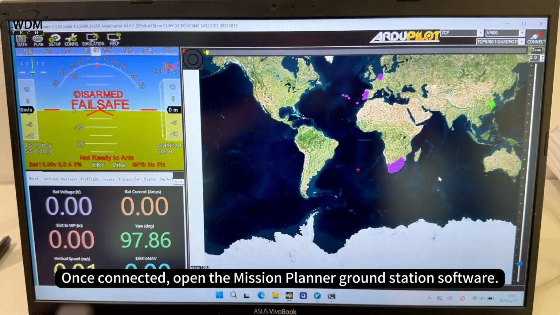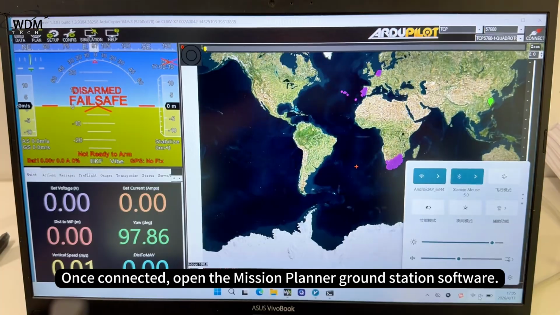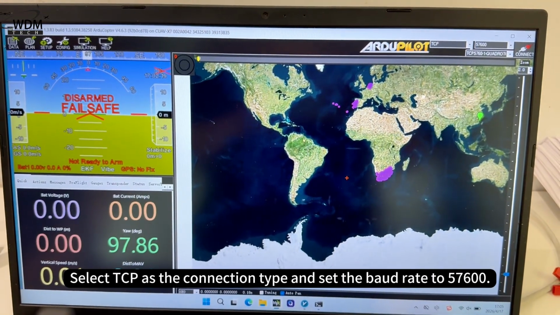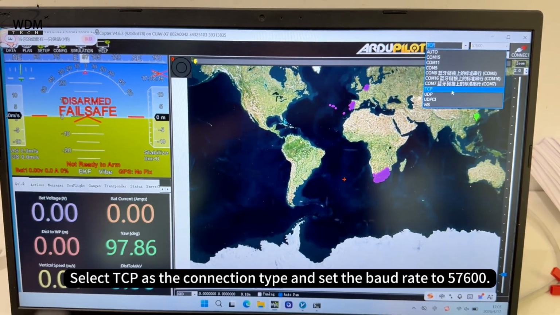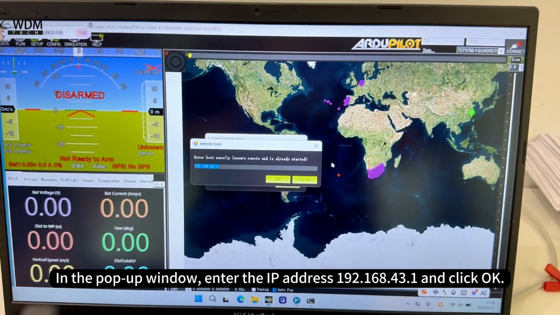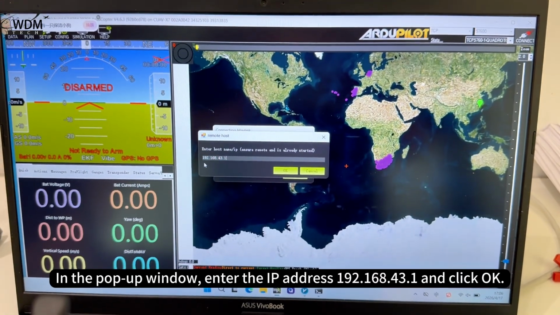Once connected, open the Mission Planner Ground Station software. Select TCP as the connection type and set the baud rate to 57,600. Click Connect. In the pop-up window, enter the IP address